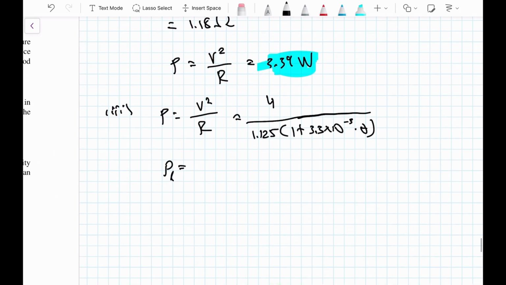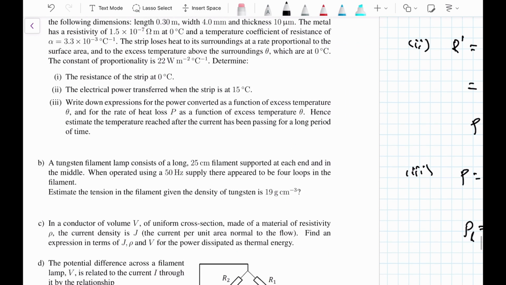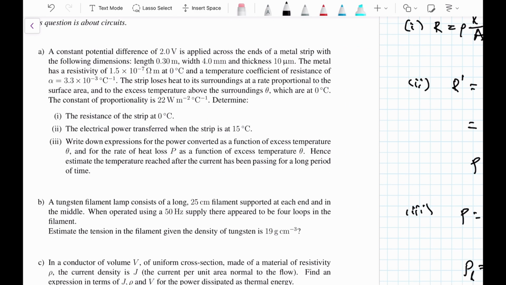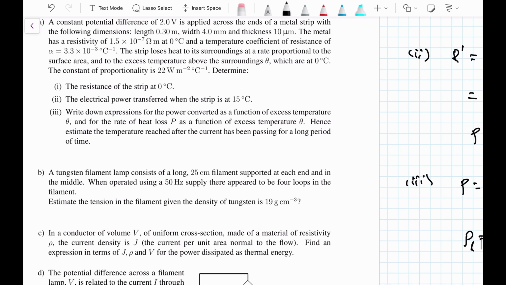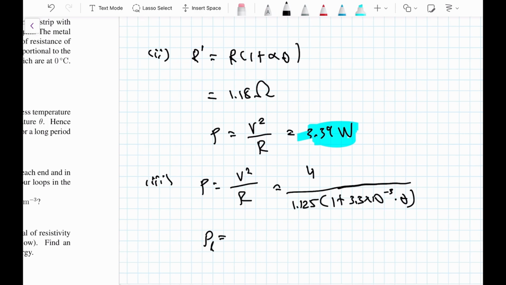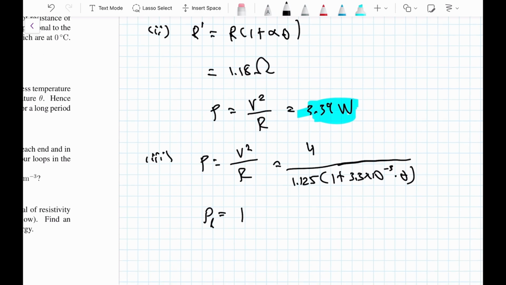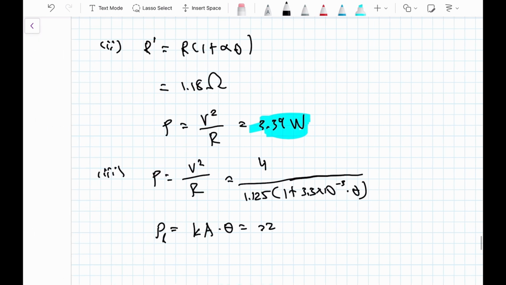So we can just say proportional to the surface area. So some constant K multiplied by A. Yeah, some constant K, and the constant K is 22. Yeah, it's given in the question. So we can just do this. We have K times the area multiplied by the temperature. So we have 22 multiplied by the area, which is